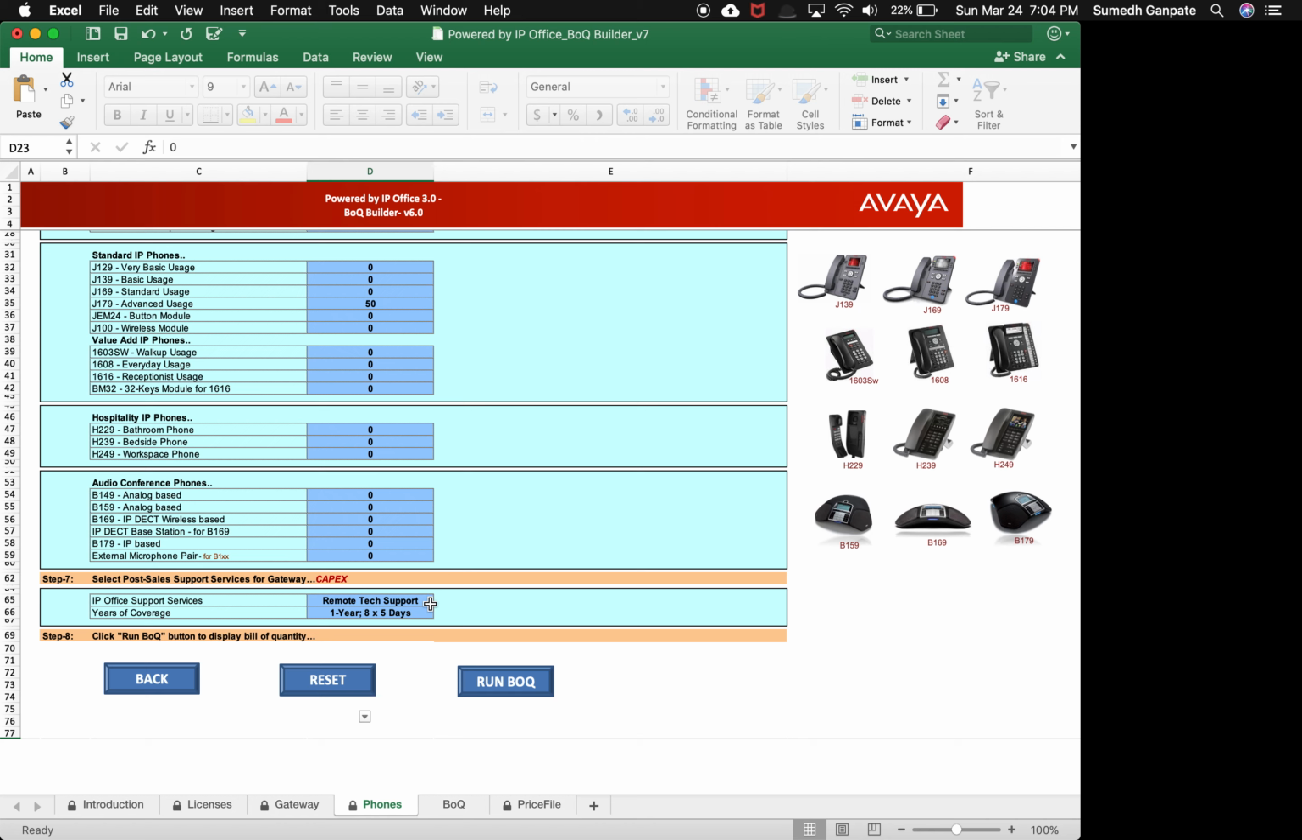Once I'm done with the selection of the phones, you would notice in step 7 the IPOSS part is already selected by default, which is remote tech support 1 year 8x5. In case you want to change it, you would be able to change it by clicking on that drop down button and do the necessary selection, but ideally that is not required as such. Assuming that all the selections are done, you're going to click on Run BOQ,